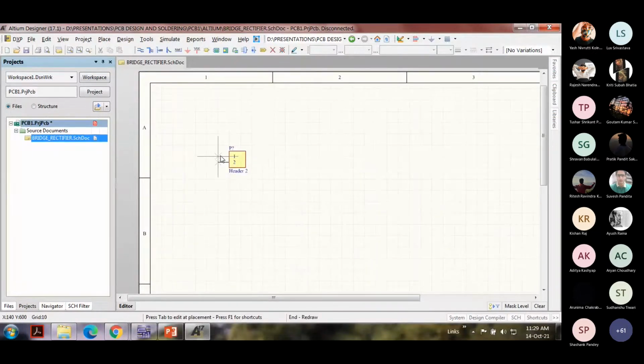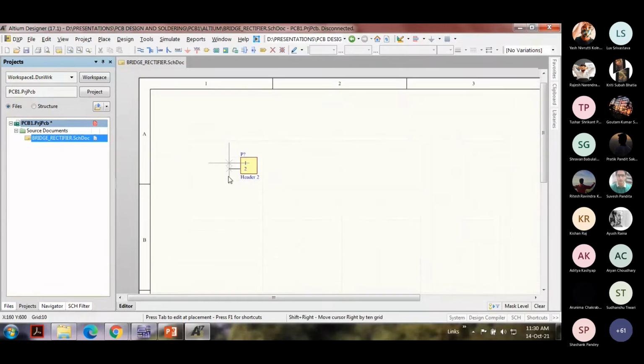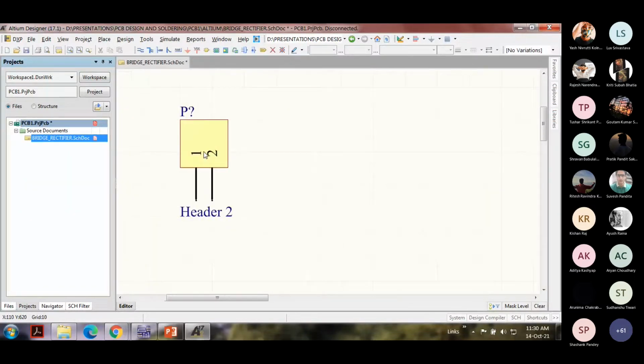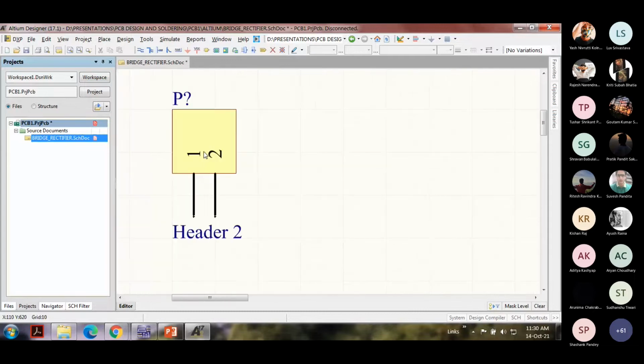While doing that, you can see that the cursor changes to a crosshair, and by making use of the space bar, you can reorient this particular symbol. Just keep on pressing the space bar and it cycles through the different orientations. I'll place it somewhere over here. Right click to get out of the mode. If you want to zoom in, keep the control button pressed and use the scroll wheel to zoom in or out of that particular place.